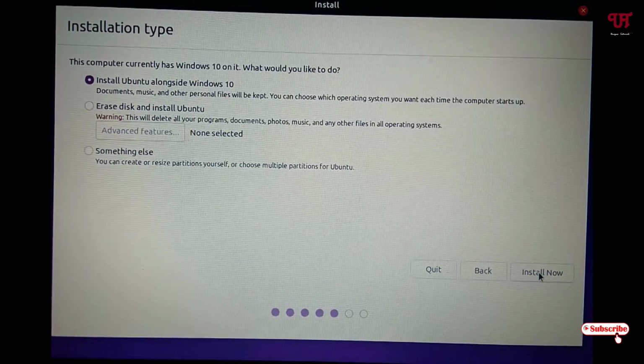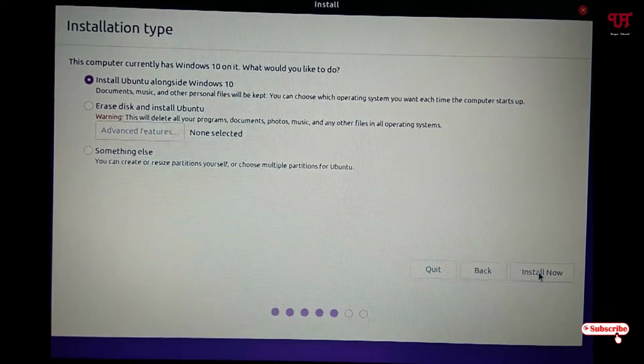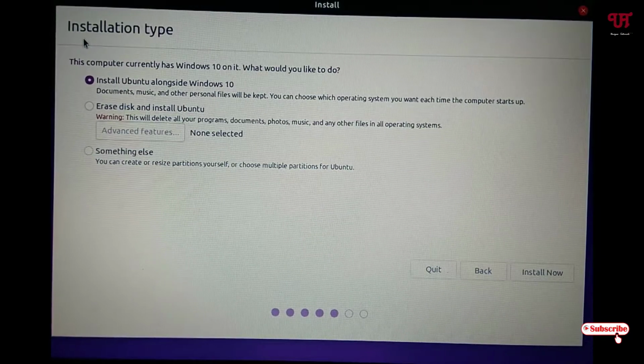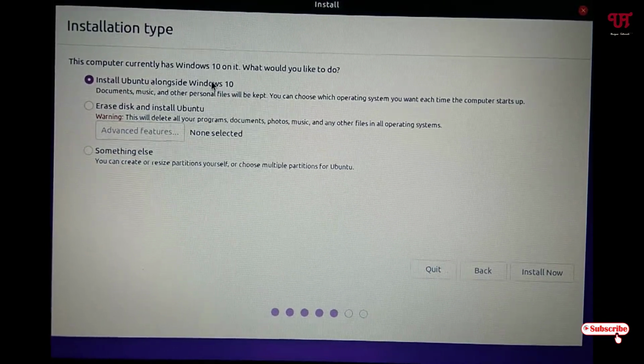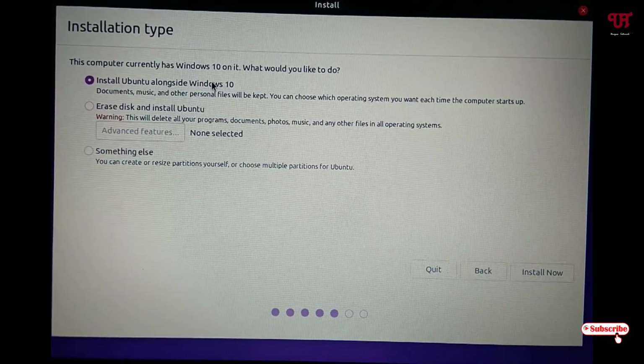Now here you can see an installation tab. Here you should be very careful of choosing which option you want. In the first option it's written: install Ubuntu alongside Windows. That means you don't need to do any partitions. It will directly install Ubuntu alongside your Windows 10, but the sad part is that it will create